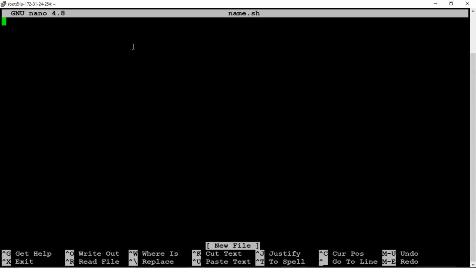So what is the first line? Yes. So hash not /bin/bash. Okay. So now I want to get my name. So I'm assigning my name as first name and I'm assigning last name as well.